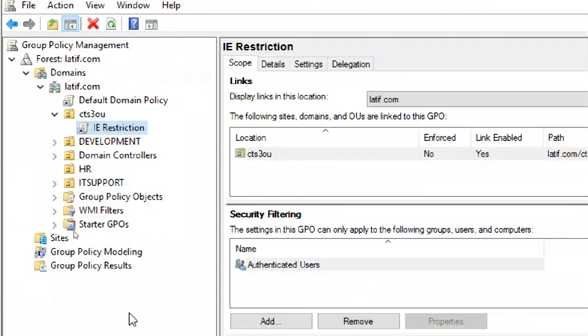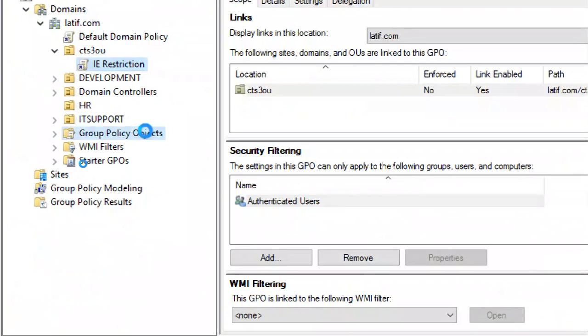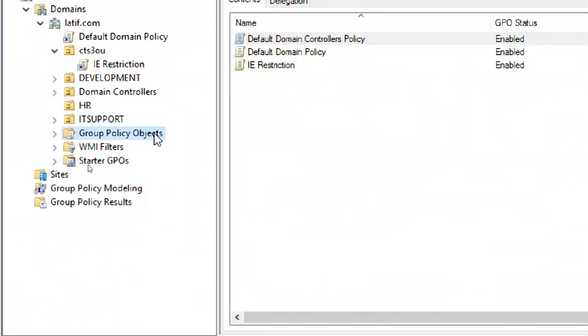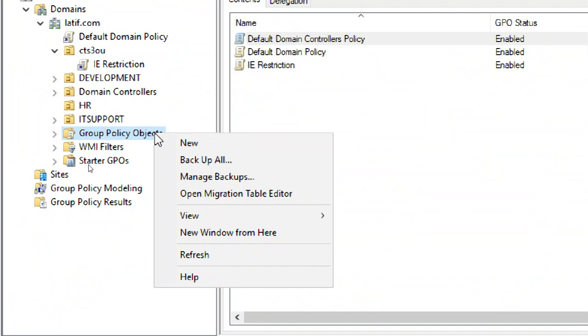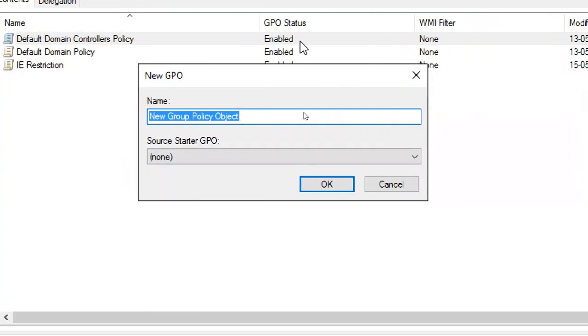Now I'm creating a policy. Now tell me the steps. Group Policy Object, right click, new. Name it.